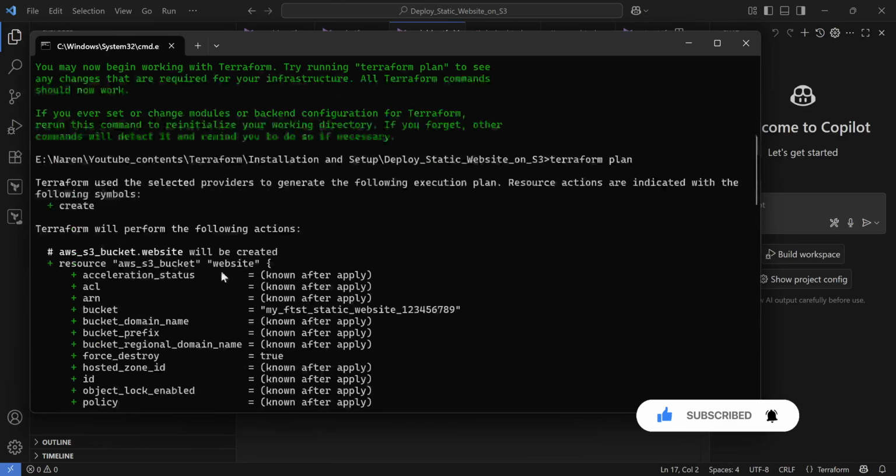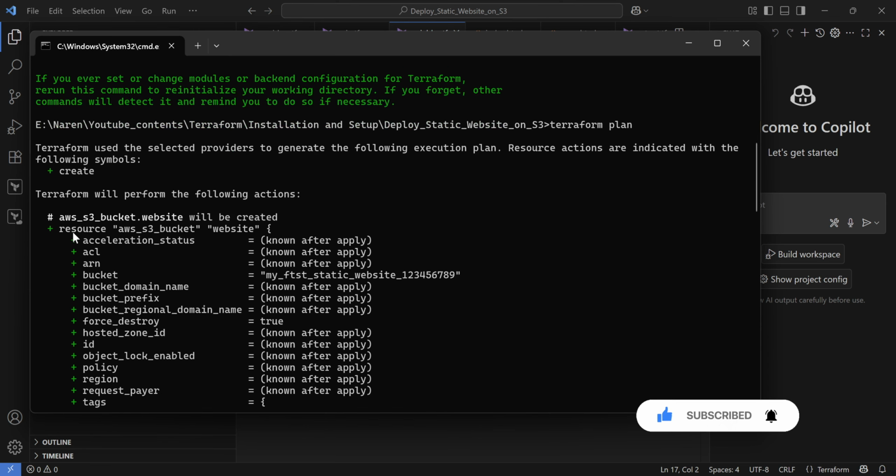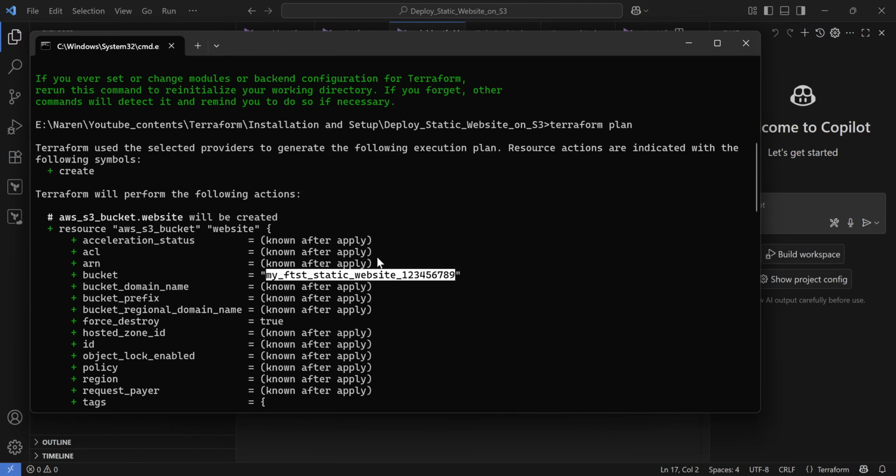When you run the terraform plan command, you will see information about what is expected to be created when you run terraform apply. We have a resource named website, and the bucket name is the name we specified in the variable file. Some values will be known after you run the apply command.